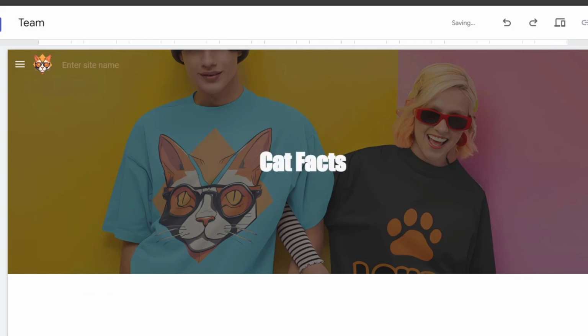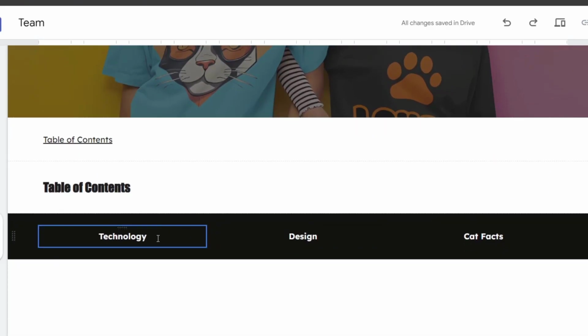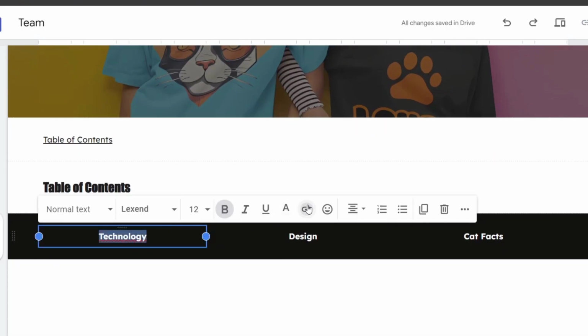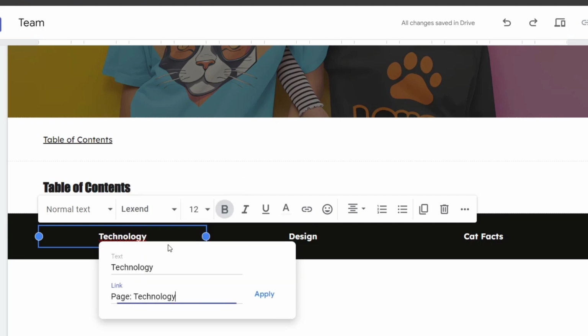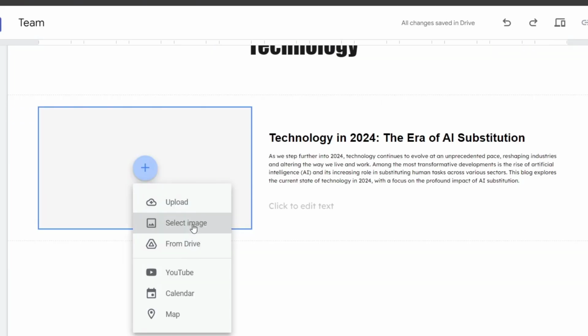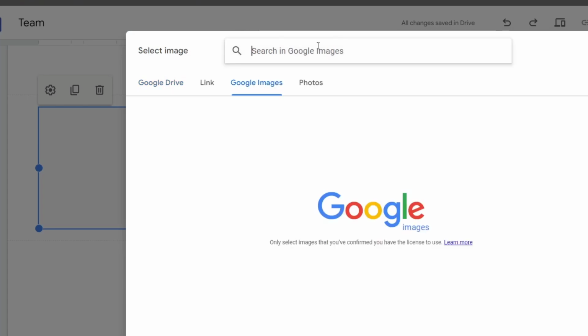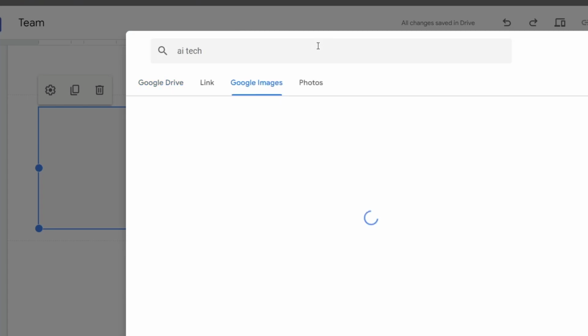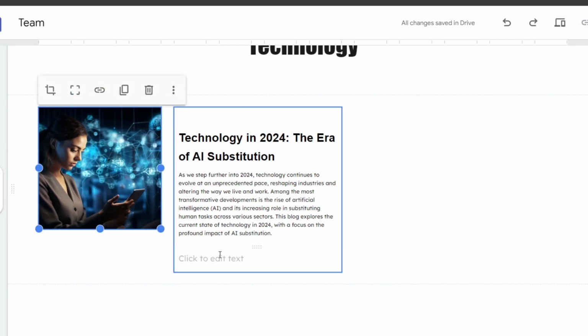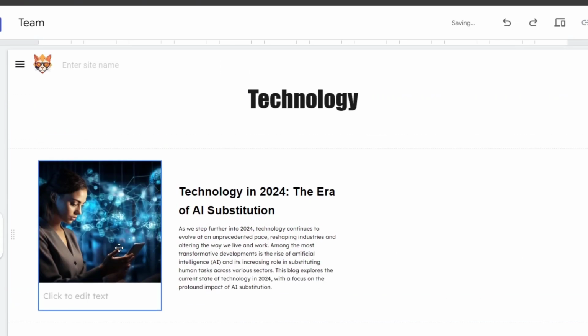And done. Now if I go back into my blogs, I can select this element and this should be a link that can be sent to me directly into the blog of technology. I'm going to select an image that I can of course look for directly here in Google Images. Let's go for AI tech. There we go. So here should be my first blog, right? So now what I need to do,